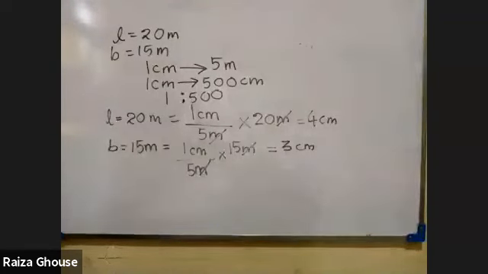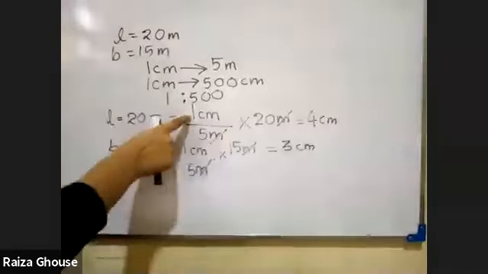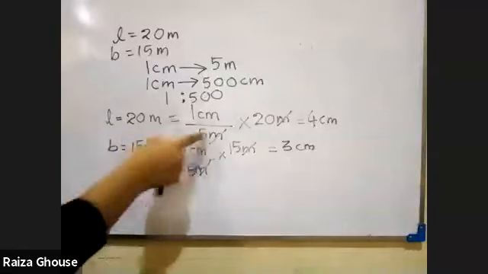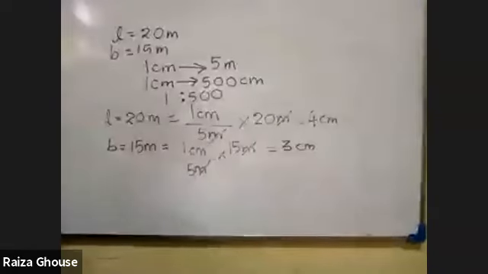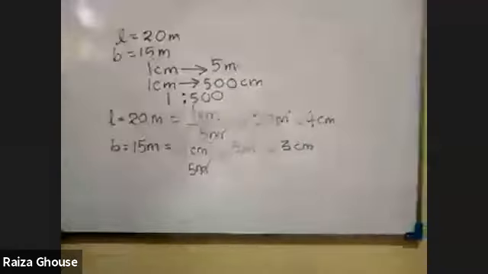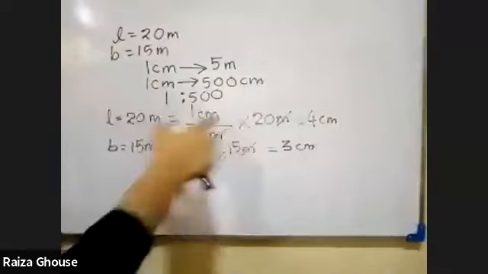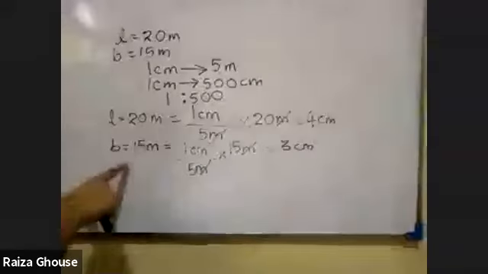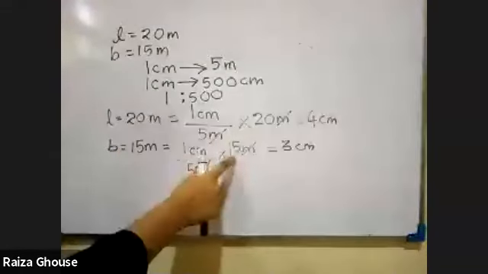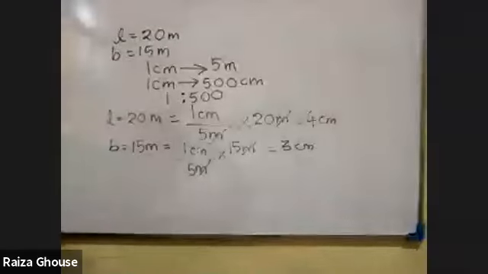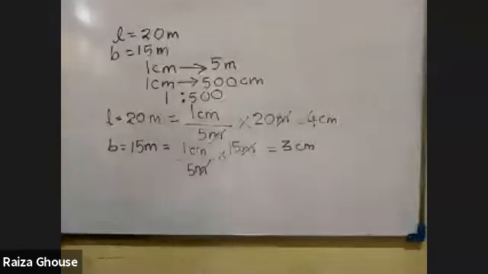Salma, your question is not clear for me. 5 meter is representing 1 centimeter. That is what we are meaning here. Then what is 20 meter? So that means 20 divided by 5 will give you the answer. The meters will be cancelled, and 20 divided by 5 is 4. Breadth also uses the same method, just change this value only. Then you are getting the answer. Yes. Is this clear for you, children? Okay, they have sent clear, understood.